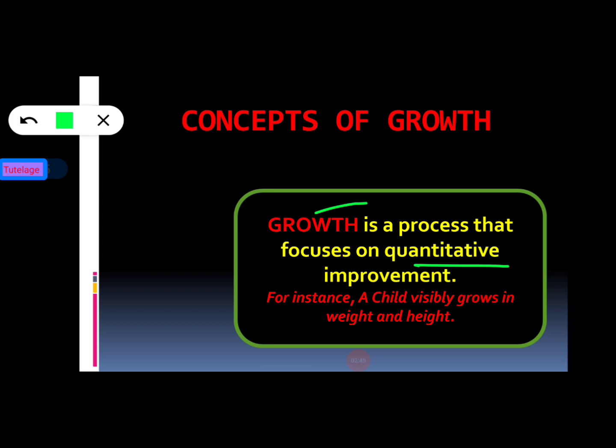Now going to the example. Here we can see the example of growth, that is a child grows in weight and height, because weight and height indicate the quantitative changes of the human body. So increase in height and weight of the human body is one of the most important examples for growth. So this is clear. Now move on to the next concept, that is